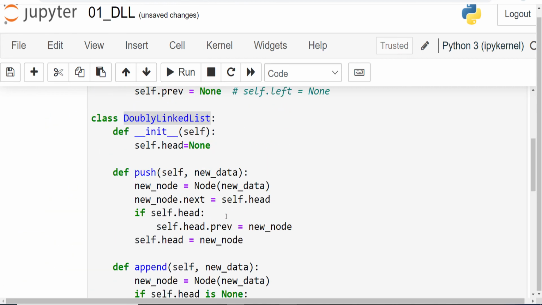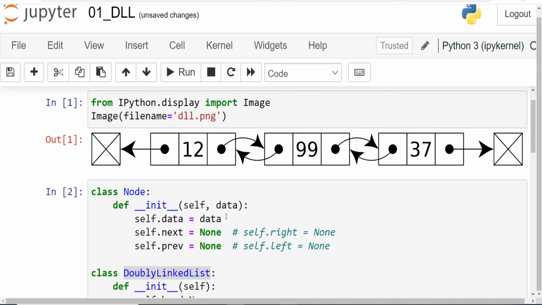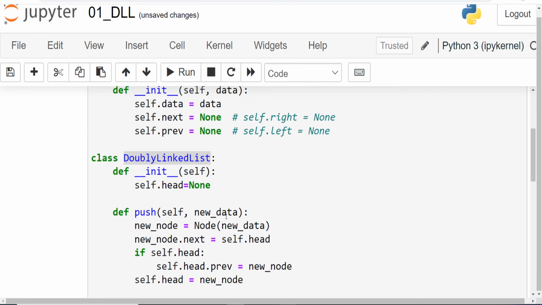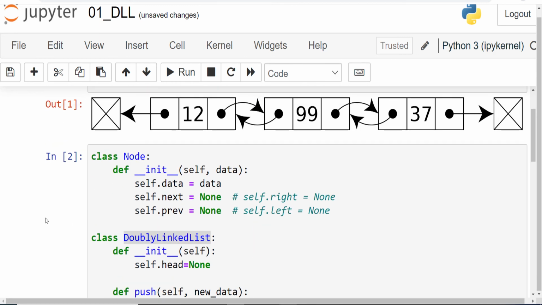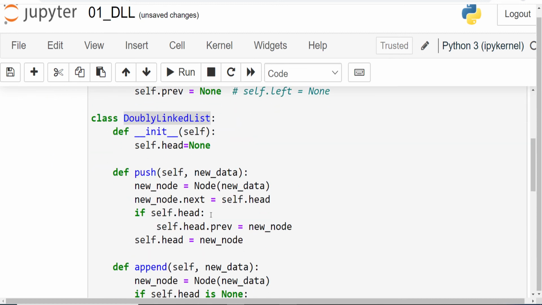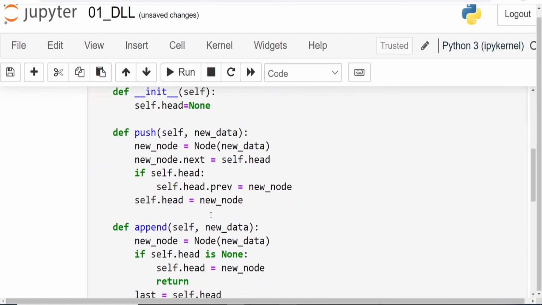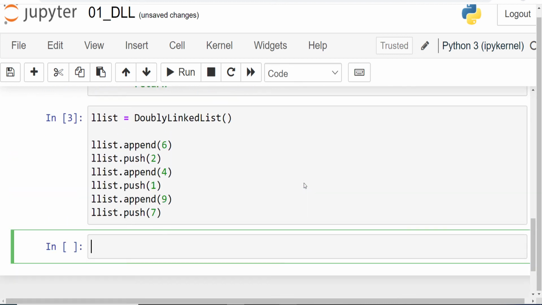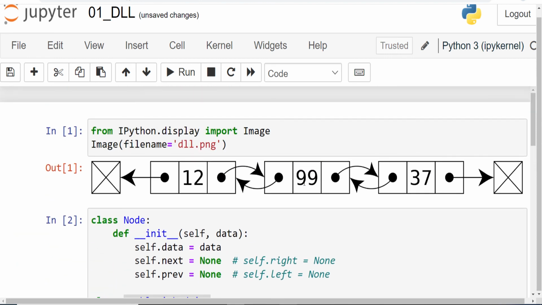So this is all about creating a doubly linked list in Python. We have defined a class node for representing the node of the doubly linked list, and then we created a class doubly linked list that is going to utilize this class to create new node objects and then link them together. We have also defined two routines, push and append. Push will add the node in the beginning and append will add that node in the end. And then we pushed and appended some data in the doubly linked list. In the next episode of this series, we are going to see how to traverse a doubly linked list in both directions. Now, let me cover that traversal stuff.